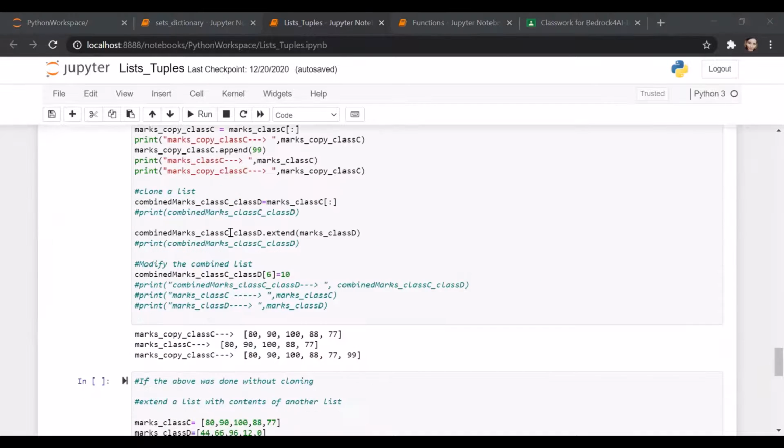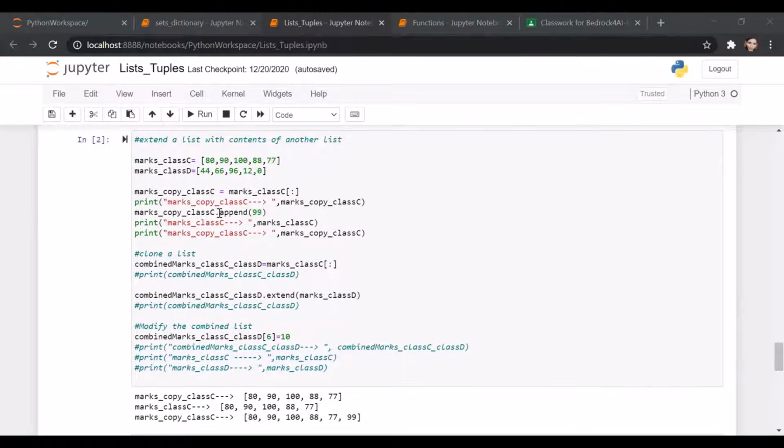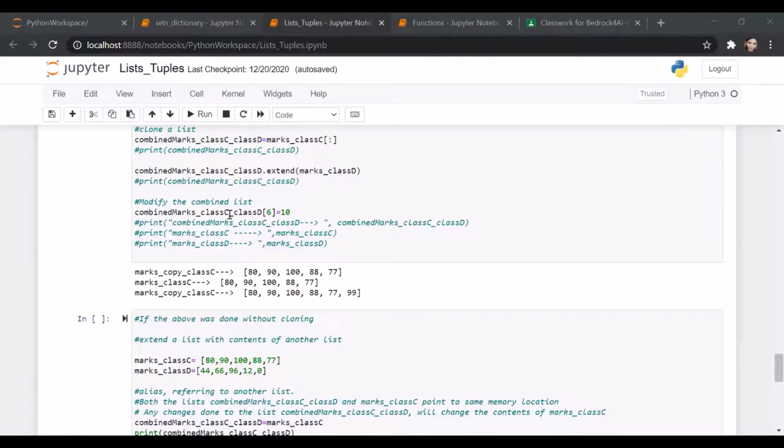Okay. You have these functions where you can combine 2 lists. You have a list 1 and then you append another, not just an element, but you extend it with another list. So you have list 1, you have list 2, you create a list 3 with list 1 and list 2 contents, or you just extend list 1 with list 2.